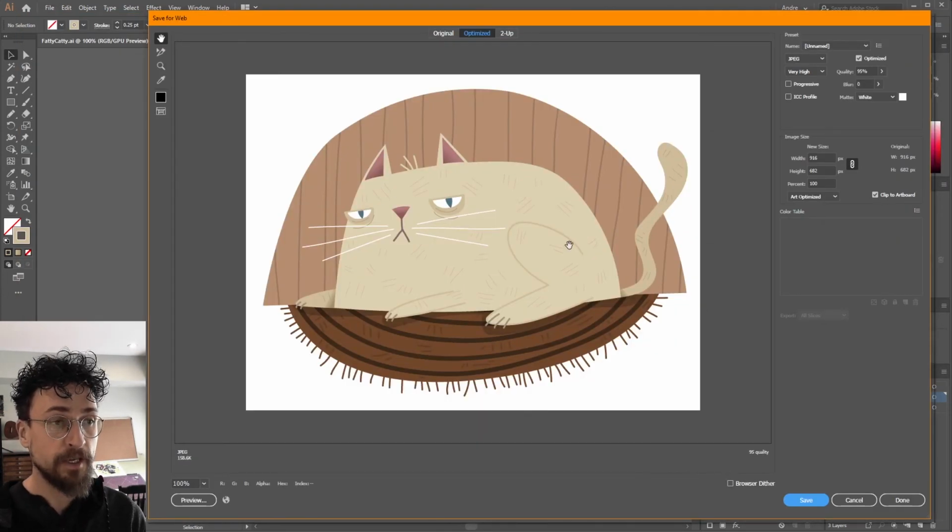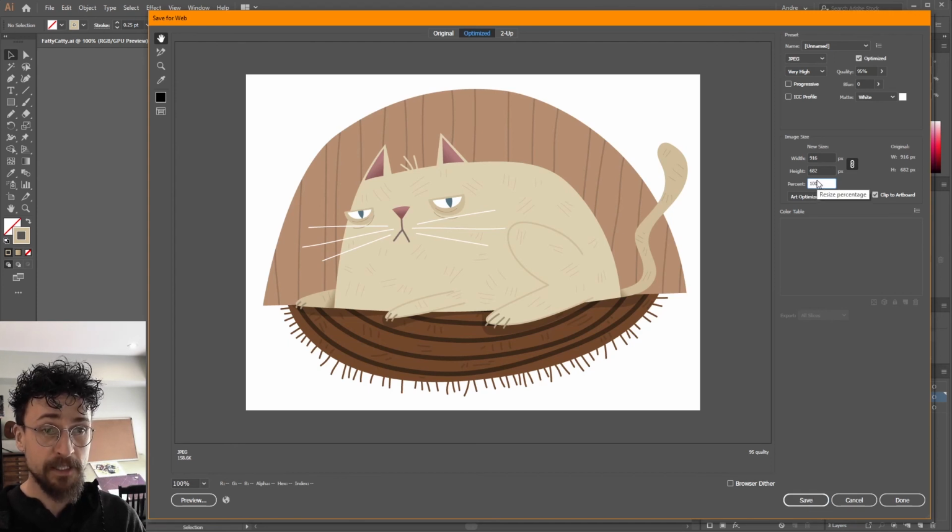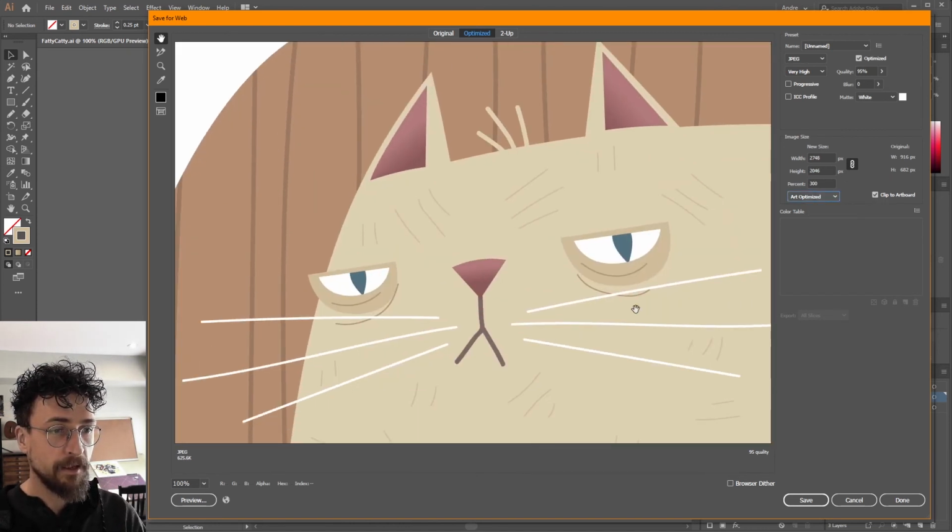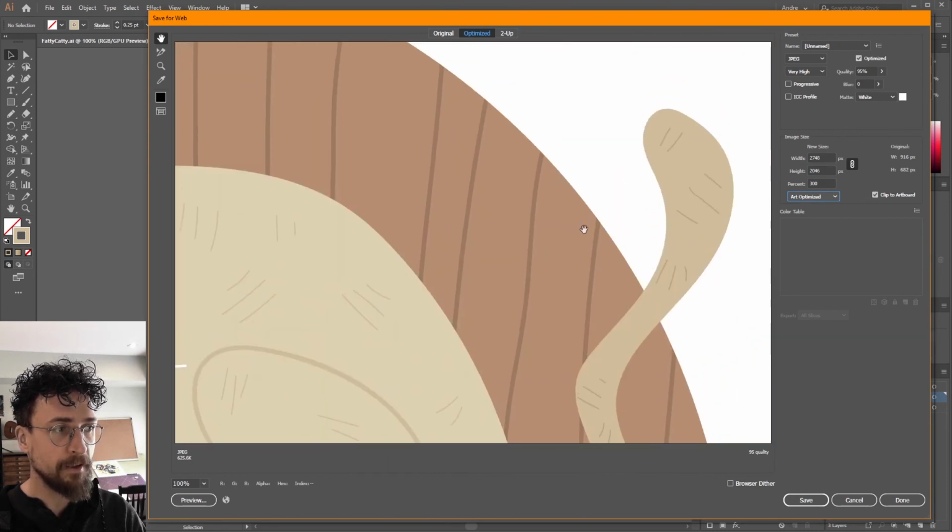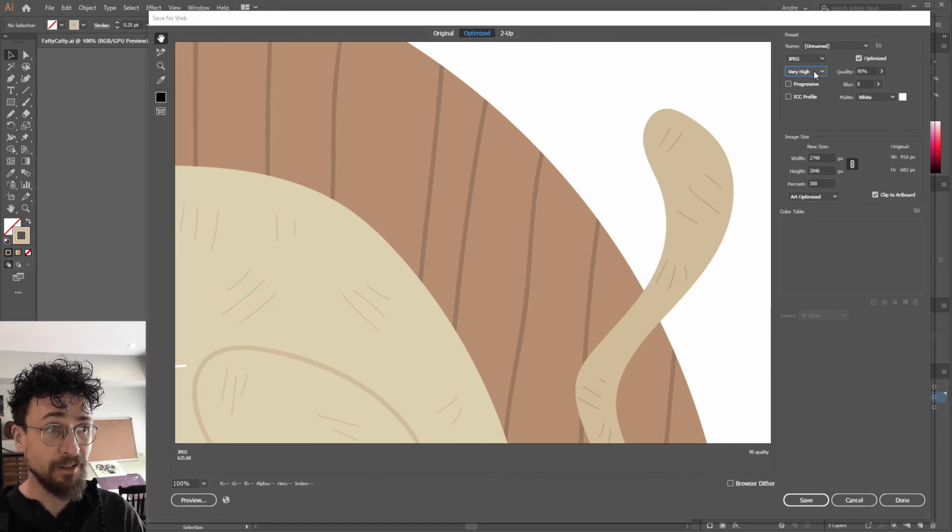Now in this window, you can leave it at the default size, or you can actually change the size. And keep in mind that this is a vector, so you can export it at any size you want. You don't have to worry about losing any quality. 300%. There we go. We're going to get a nice big JPEG from this. Make sure to change your quality to very high or maximum, because the default quality is pretty low,